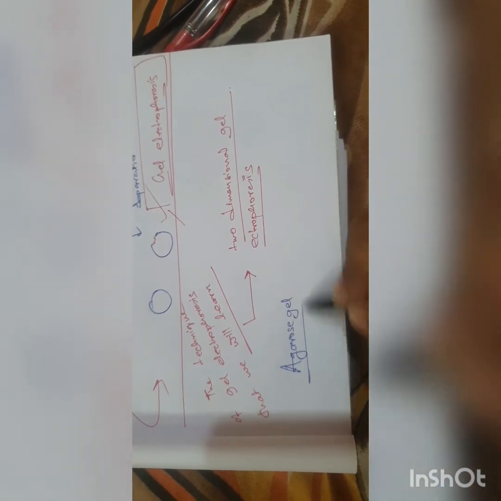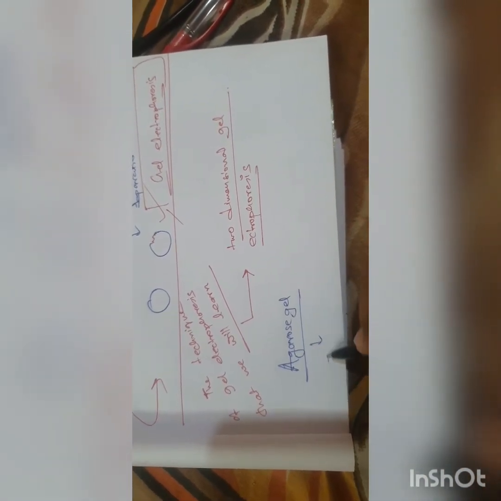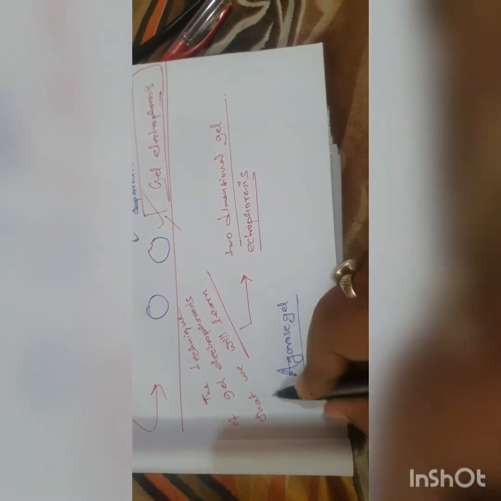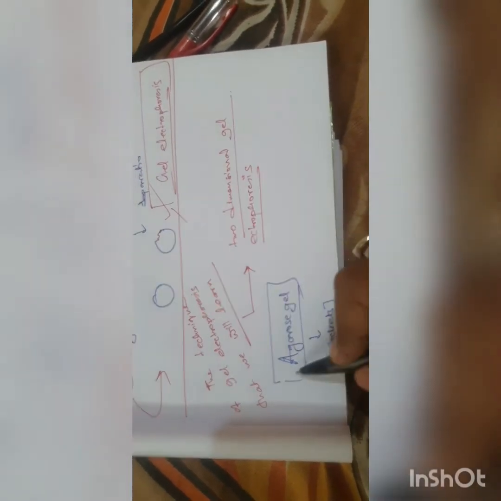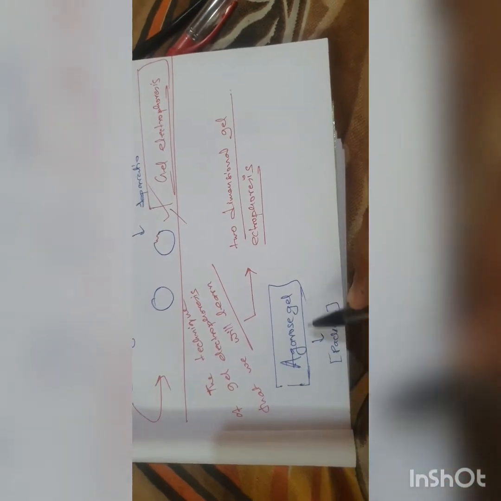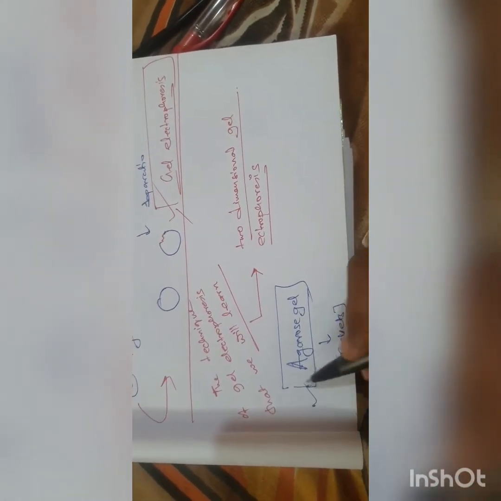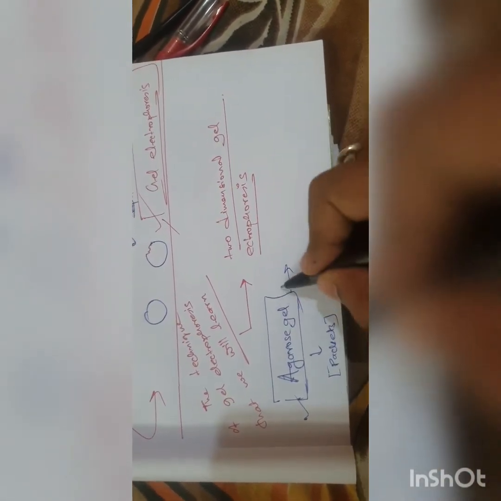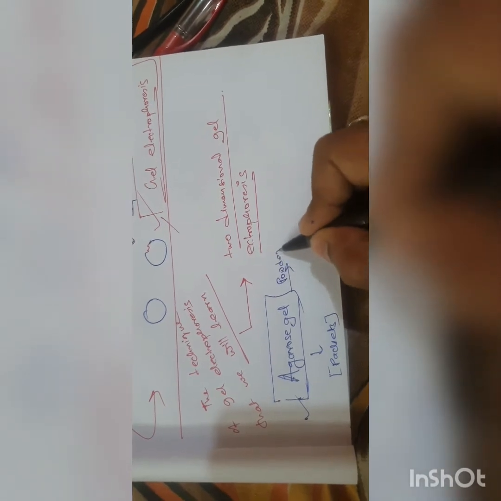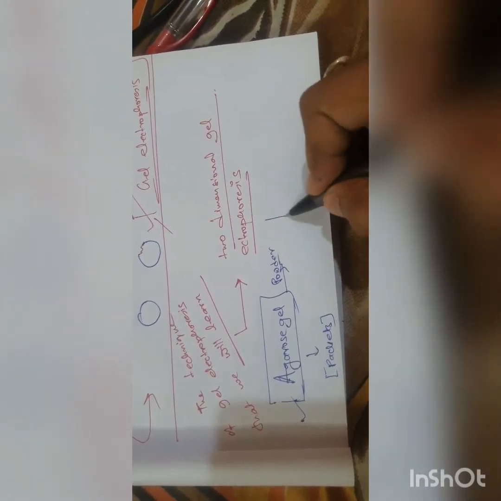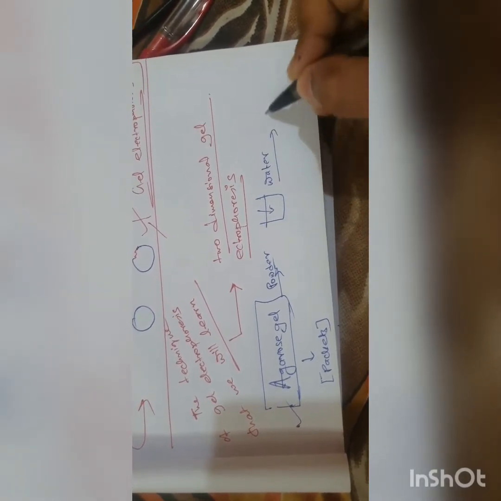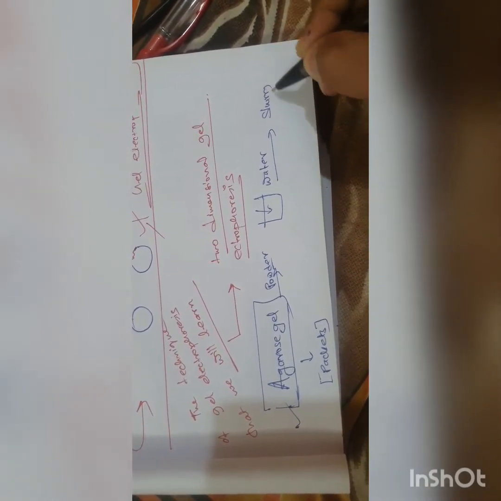Agarose gel is available in the market, in packets. No, market means the market of science. You won't get agarose gel if you go to a grocery shop. You have to contact those who sell these things. So it is available in the market. It is in powder form. Now what happens is, when you mix it with water, it creates a slurry which then solidifies.